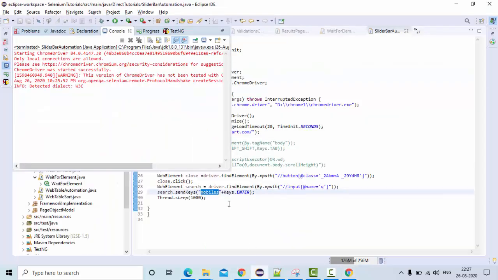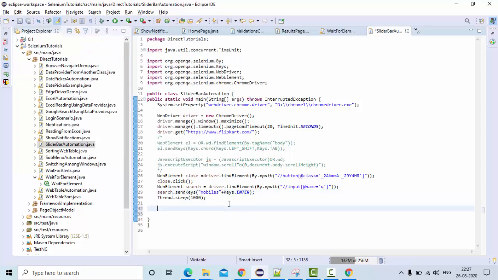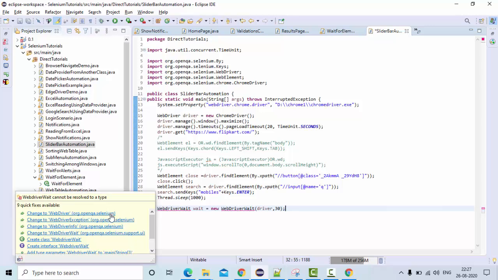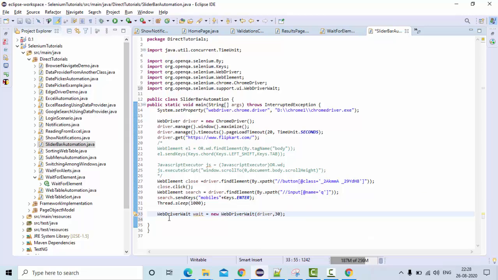So first of all, as I said, I am going to use explicit wait. So I'm using WebDriverWait wait is equal to new WebDriverWait of driver. So this is my driver. Then how much time you want to wait. So import this WebDriverWait.